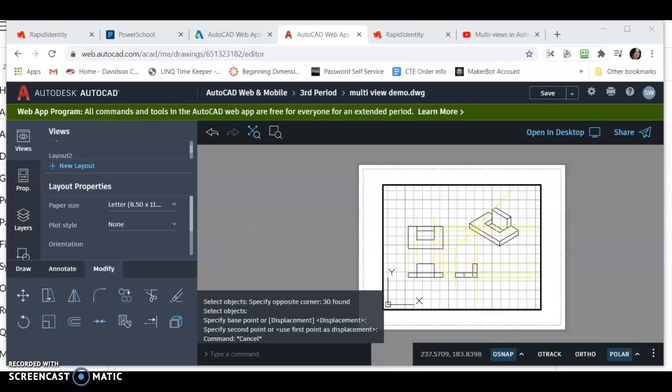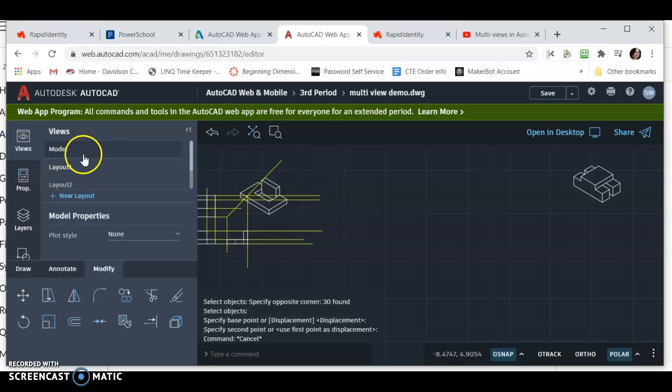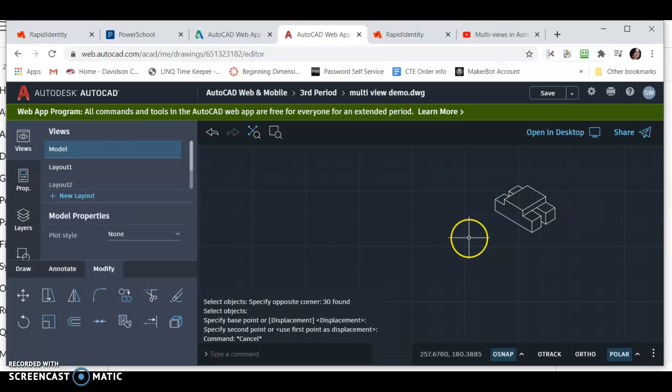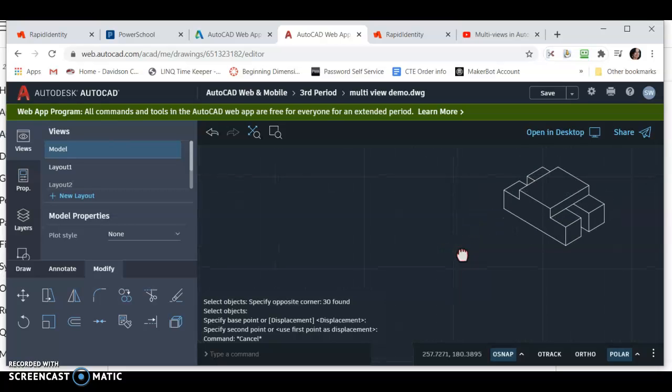This is a video about the last drawing in the multi-view in AutoCAD assignment. So this is where we left the last video, finishing up drawing number 5. Now we're going to do drawing number 7. Let's switch first to the proper views. We're going to have to scroll up here a little bit to get to it. Click to model. And now let's go find our last drawing that you did in the last assignment,